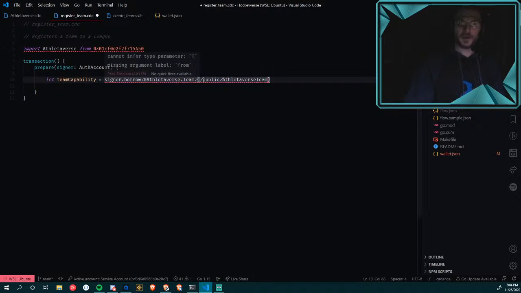So again, I've stored individual teams in account storage. No, I'll have team collections and league collections, and that way we can have multiple teams and multiple leagues, and somebody can own more than one of each thing. That just solves a huge storage nightmare right off the bat.